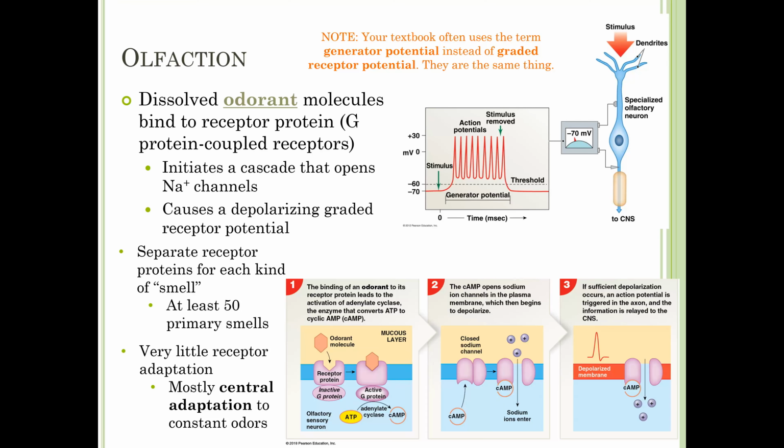However, with olfaction, we can get central adaptation, and if you remember from chapter 15, this is where we inhibit nuclei along the pathway. With central adaptation, for example, if you're in a room with a smell you don't like, give it 15-20 minutes and you won't notice it anymore. That is because of the central adaptation, or the inhibition of the pathways getting that information to your consciousness.